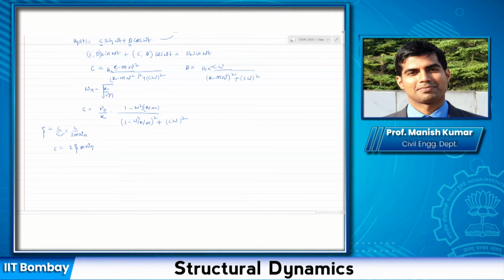Okay, so if you substitute it here, what you would get, remember p naught by k would be there. This you would get as 1 minus omega by omega n whole square, and here you would get omega by omega n whole square, and c basically you would get as 2. Now in the denominator,